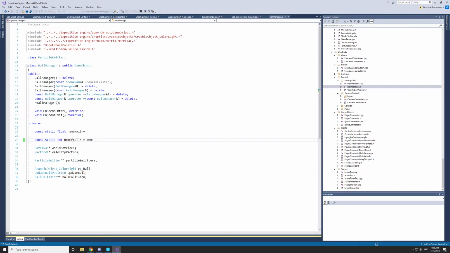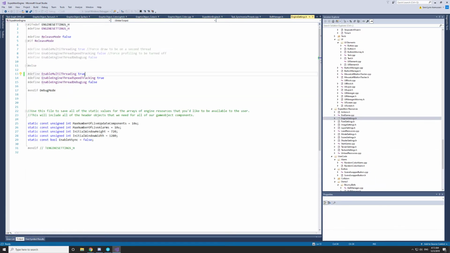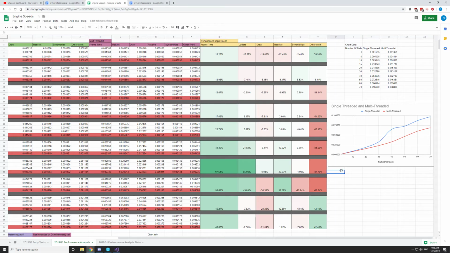And then we went to the engine settings. Boop. And it just kept turning multi-threading on and off. So yeah,